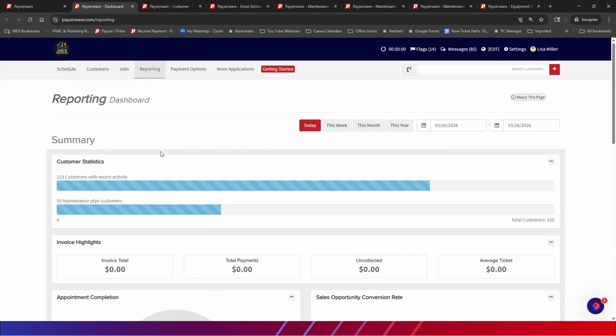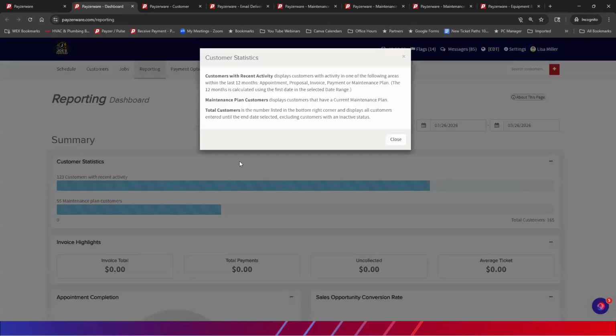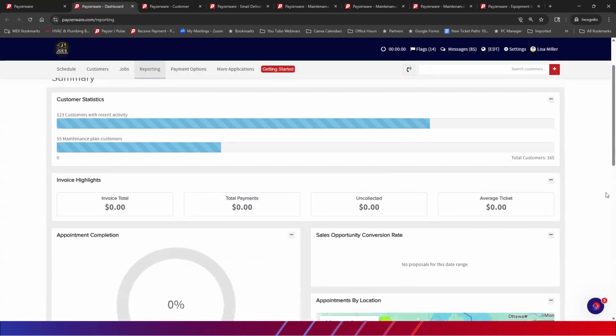One of the other things about this report that goes under the radar is these three little dots here. If you click on these three little dots, you can expand the module and you can see the module description. And this is really important because if you think something is not showing up that should be showing up in one of these sections, take a look at what this is pulling. So customers with recent activity, maintenance plan customers, total customers. When you get down to invoicing, this is particularly important